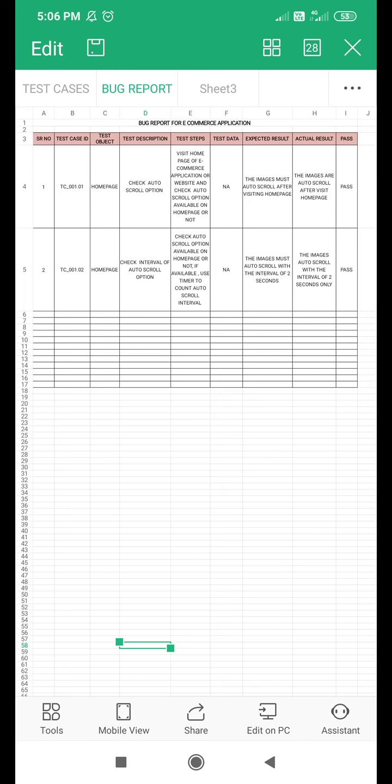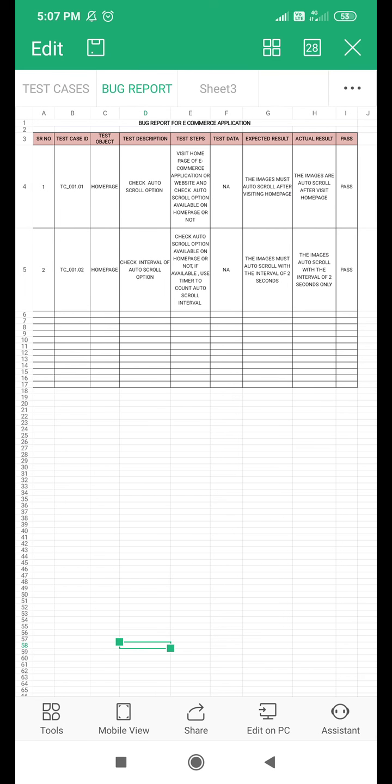I have used the timer, and by using the timer, I have checked the timing of the interval. The image must auto scroll with the interval of 2 seconds. It is my expected result, and the actual result is also that it is scrolled within 2 seconds only. My expected result and actual result are matched. That's why the test case is passed.